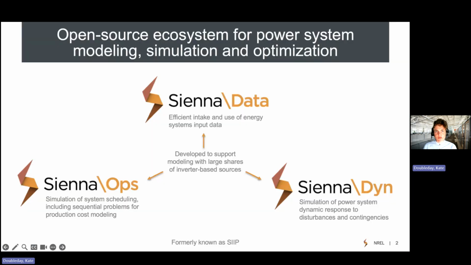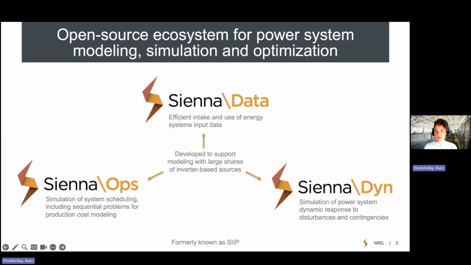Sienna is an open source ecosystem for power system modeling, simulation, and optimization with 3 applications. Sienna data focuses on efficient intake and use of energy systems input data, and that's what we'll be focusing on today. Sienna Ops enables system scheduling simulations by formulating and solving optimization problems, including the ability to formulate sequential problems for production cost modeling. So while we'll be focusing on inputting data into Sienna data, we're really intending to use